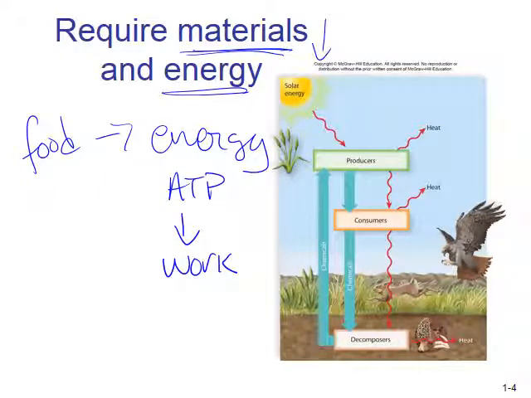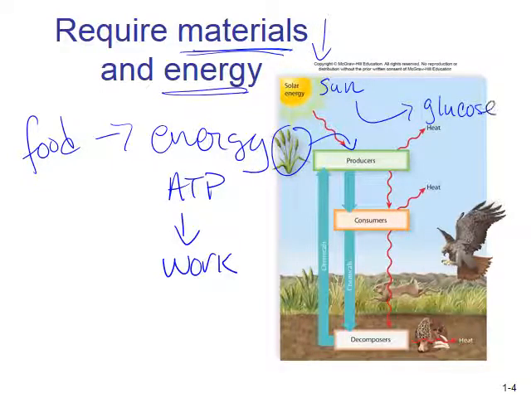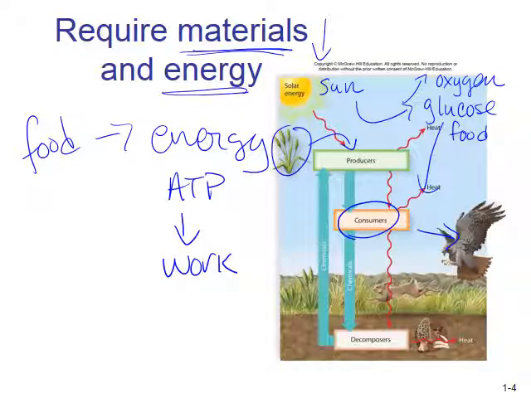Over here, they show you kind of a diagram or figure that we're looking at the sun. And what do plants do? Plants are producers. Plants are going to take the sun and they're going to turn it into food, glucose or food. Plants also release what? Yeah, oxygen, right? So then consumers, like an animal, is going to take the plant's glucose or food.